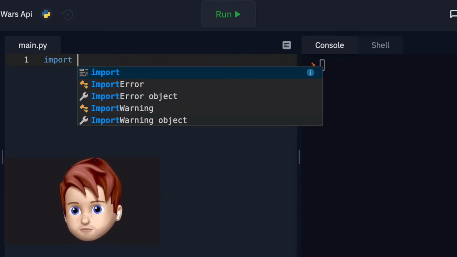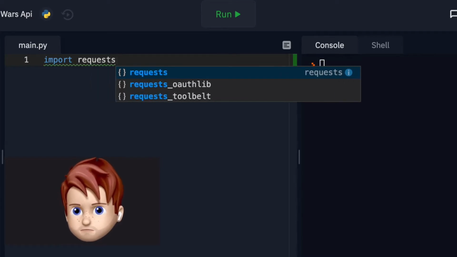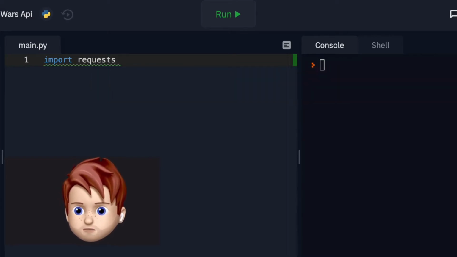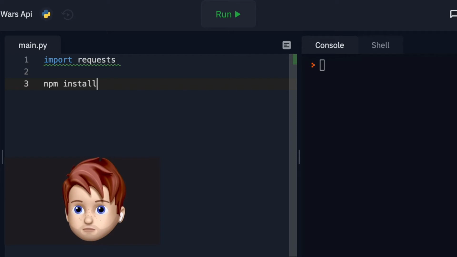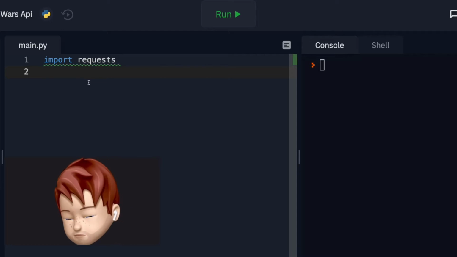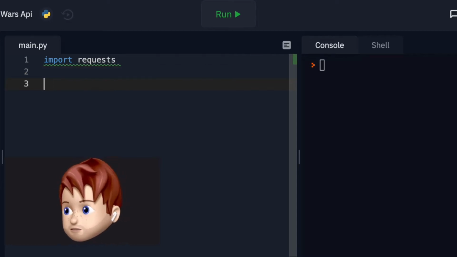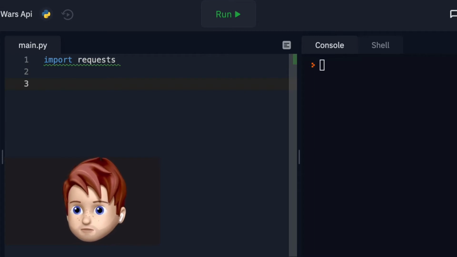So I'm going to import requests. Okay, and if you need to download that dependency, I do believe it's npm install requests, like so. Okay, if you're not using Replit like I am, but just importing it into Replit will actually download it for me automatically. Okay, so I will use request, and request will allow me to open up a URL,